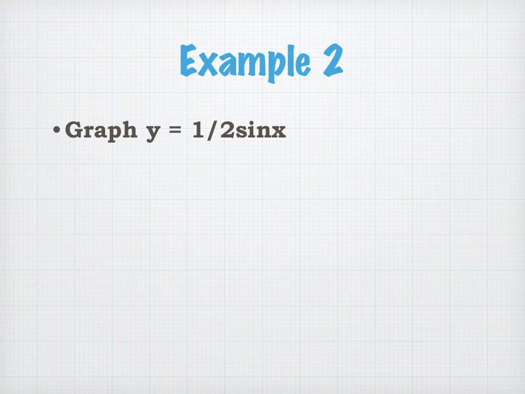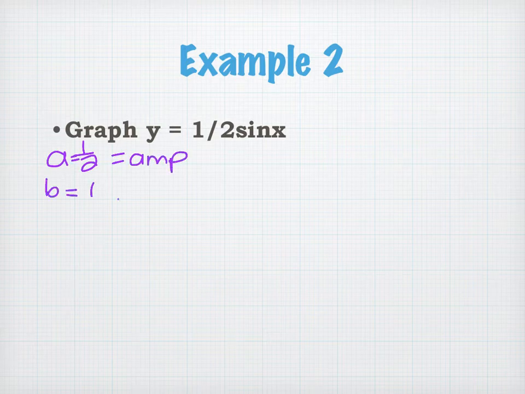All right, so what changes here? What's different between this example and the last one? The A. Just the A, which means the B is going to be the same, the period's going to be the same, my key points are the same. The only difference is how high and low I go, right? So I don't have to do all that work. I know the A is 1/2, which is going to be my amplitude because it's already positive. I know the B is 1, which means the period, because it's going to ask you for all these every time, is 2 pi, and I know my key points are going to be at 0,